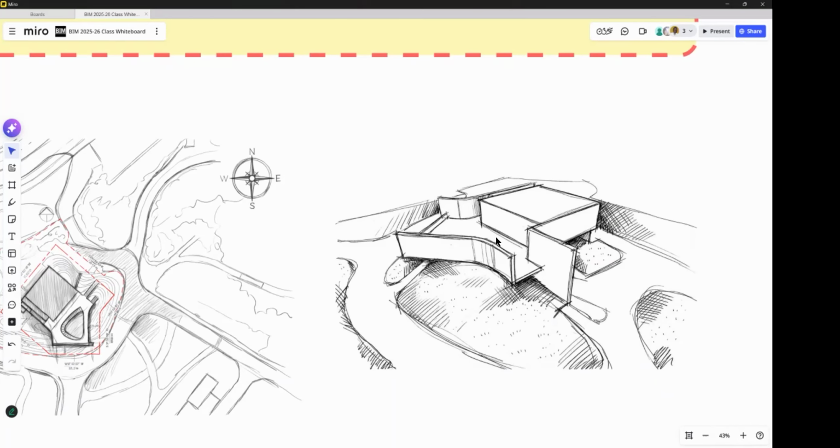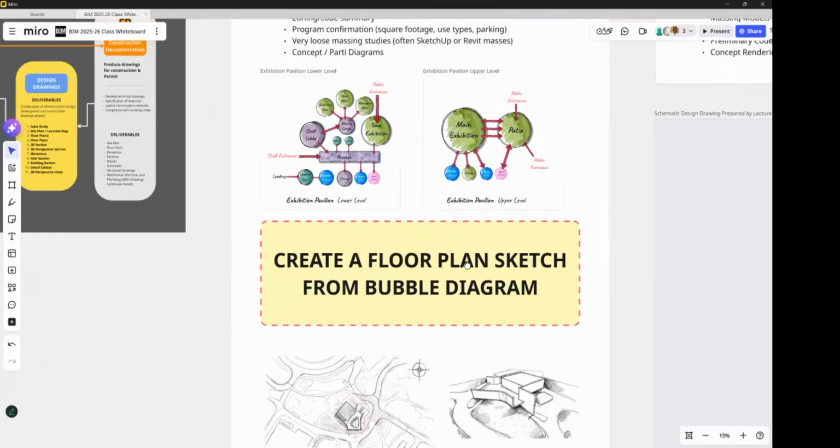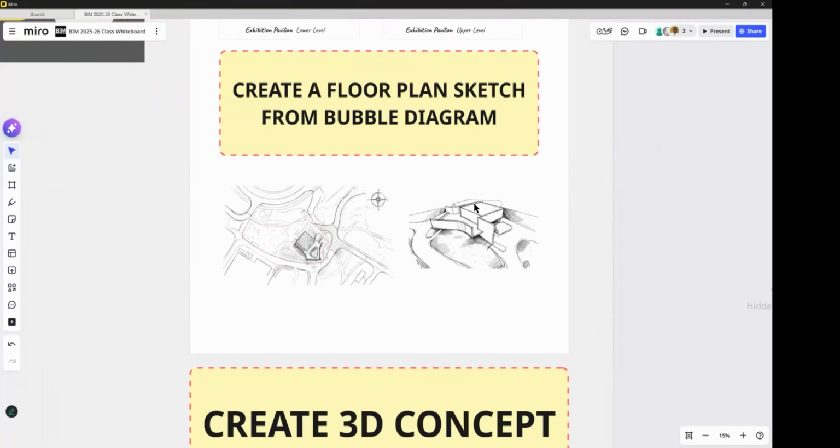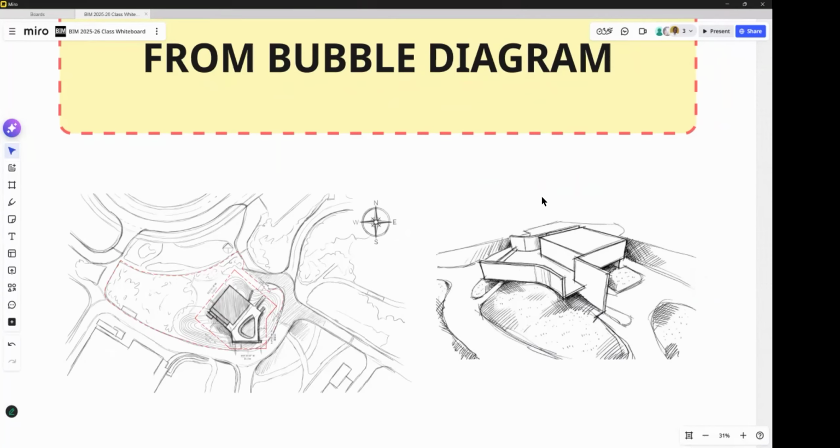And I say to you guys, sketch me out a floor plan based on this bubble diagram and this sketch, and do that for me in 15 minutes. Use pencil, pen, whatever. Please don't go into Revit. I'm not going to restrict you, but this is an exercise that should take 15 minutes.